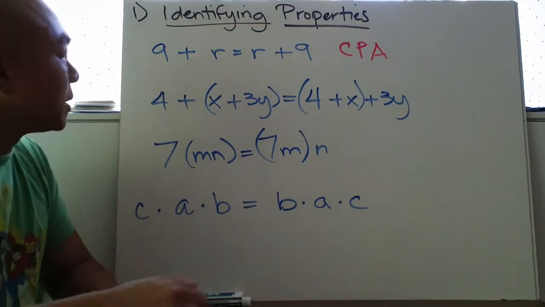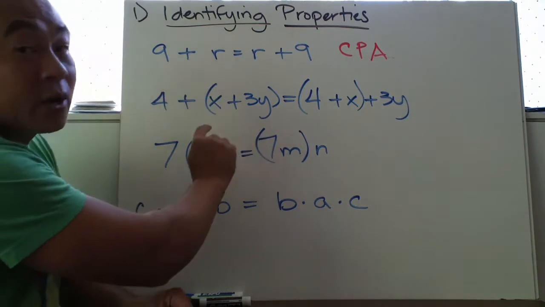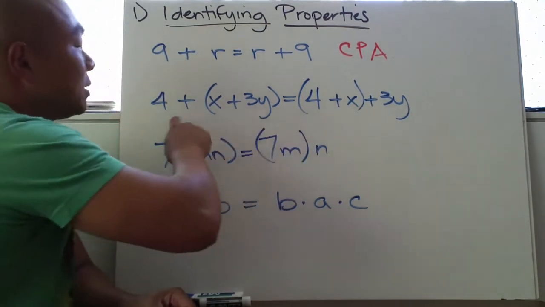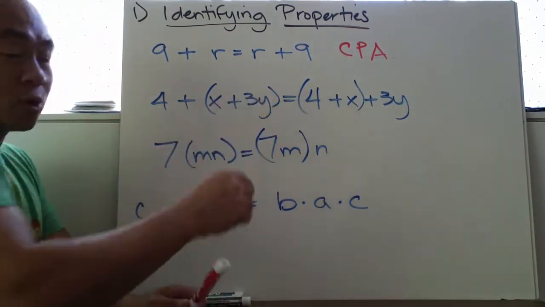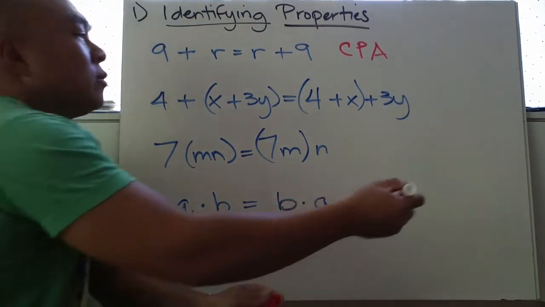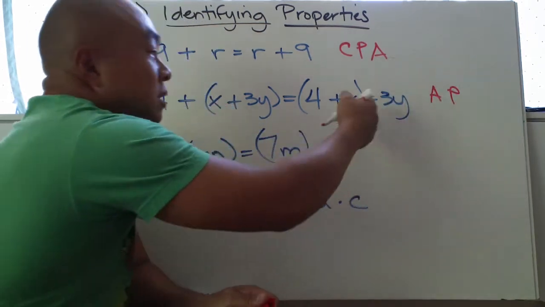Alright, how about the other one? Here I have 4 plus x plus 3y. It's okay if you have variables, so we have 3 terms right here, 4 plus x plus 3y. Notice, same order, but the only thing that changes is your grouping. So since we're talking about grouping, we're talking about the associative property. So again, we're going to call this associative property. Since we're adding,